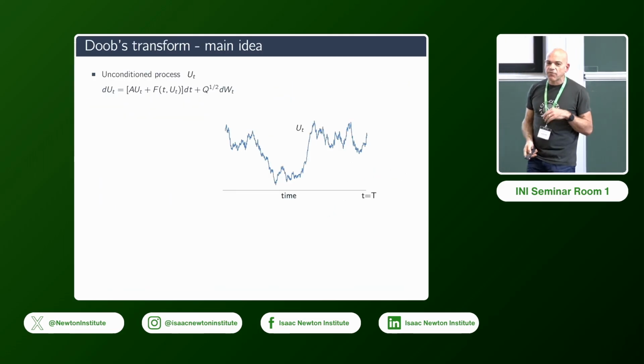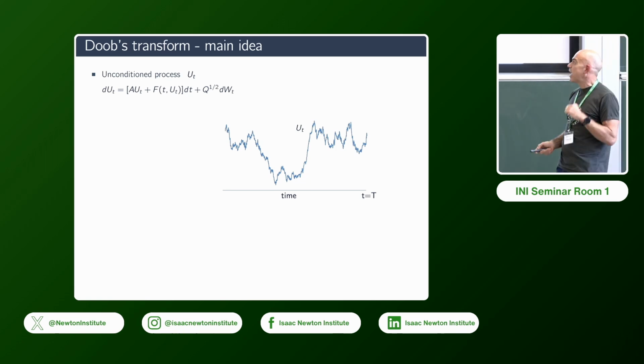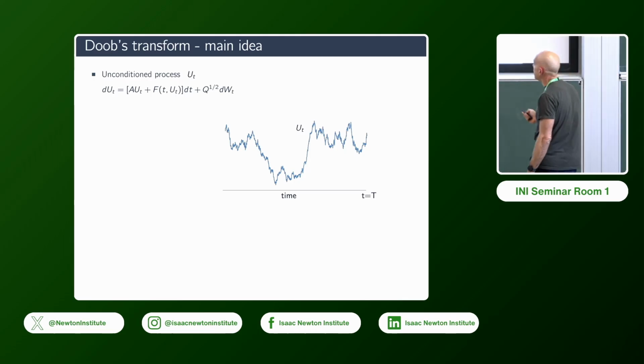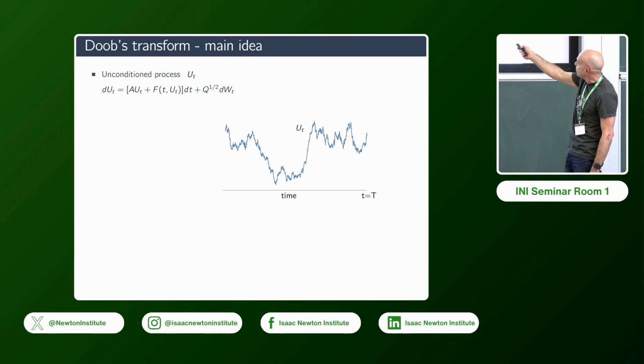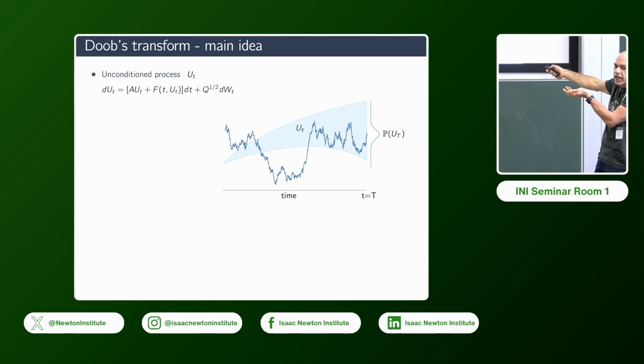So what's the idea that Frank and Torben have? It's based on a variation of a Doob transform, which is also a tool that has been around for quite some time. So what does the Doob transform do in pictures? It says like that. This is the process, your model, let's say, that is stochastic. And that's clearly not what you have to simulate, because at some point, well, first off, you have a cloud of them, yeah? But also that's what you would simulate if you didn't observe anything.